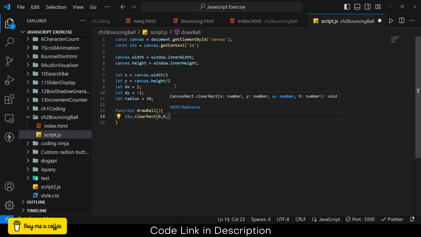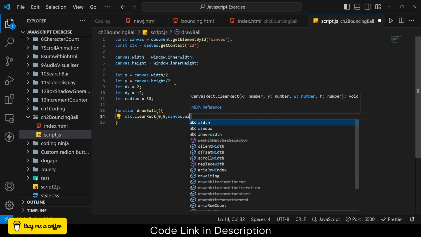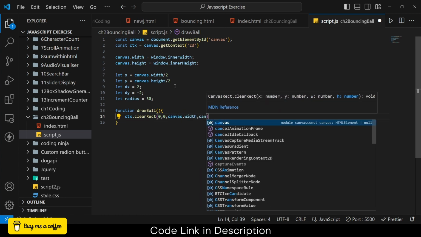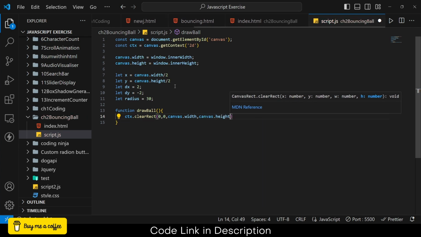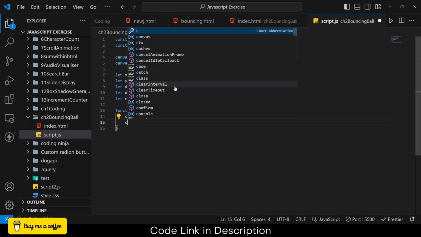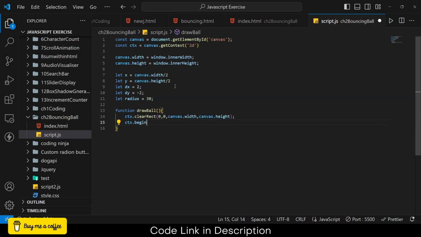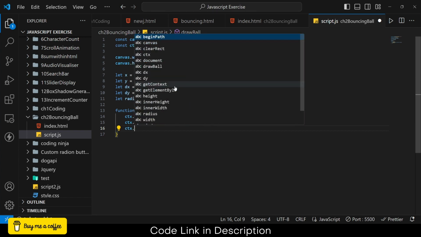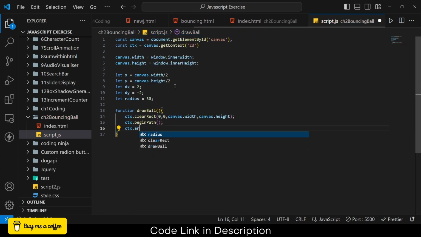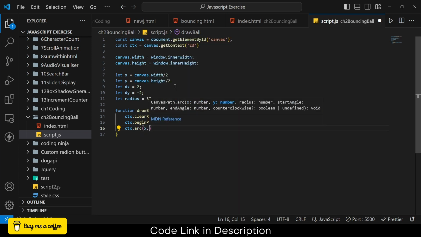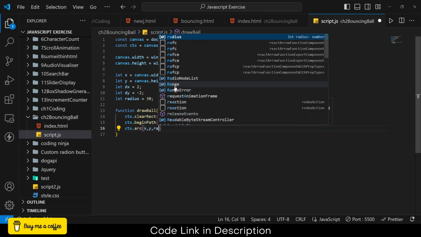Don't worry if you are not able to understand right now, I will explain this later on. canvas dot height and ctx dot beginPath, ctx dot arc x comma y comma radius